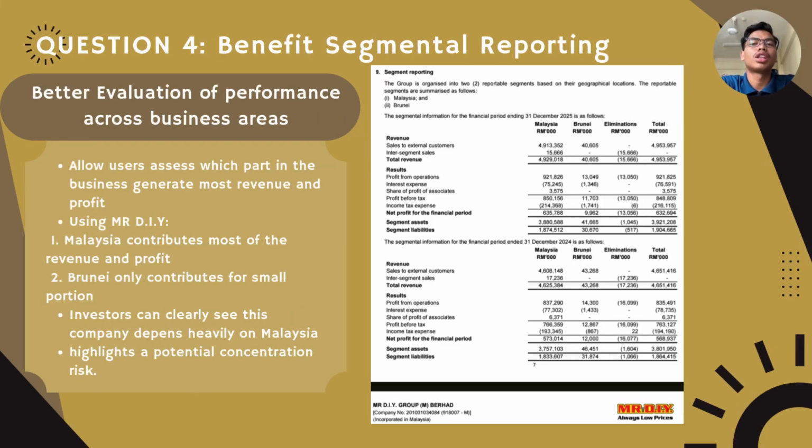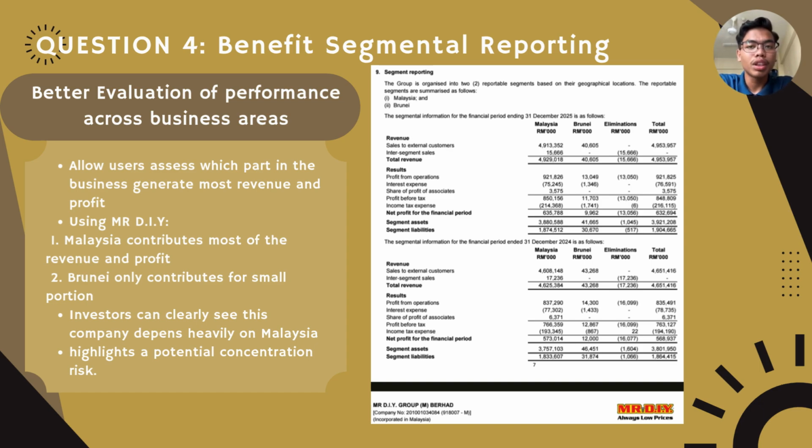Okay, so to answer question number 4, before entering the benefits, referring to the snippet of Mr. DIY Group Berhad, we can see that the company reports its operation by geographical segment. It's shown that in Malaysia the revenue is 4.9 billion ringgit, but in Brunei only 14 million ringgit. So the first segmental reporting benefit is that it allows users to evaluate performance across different segments of